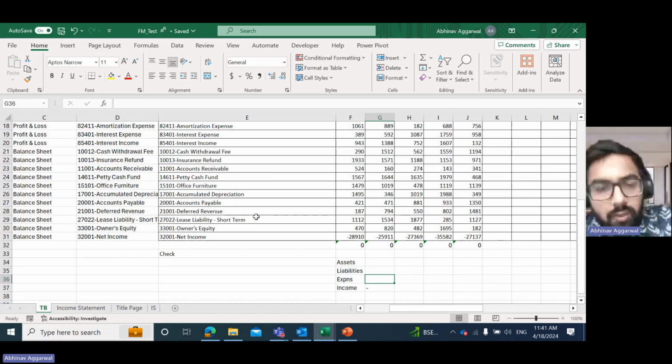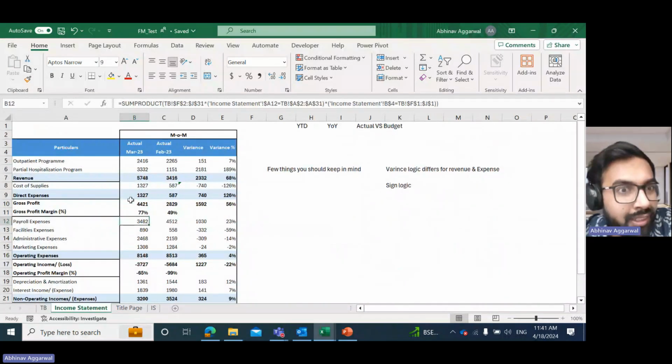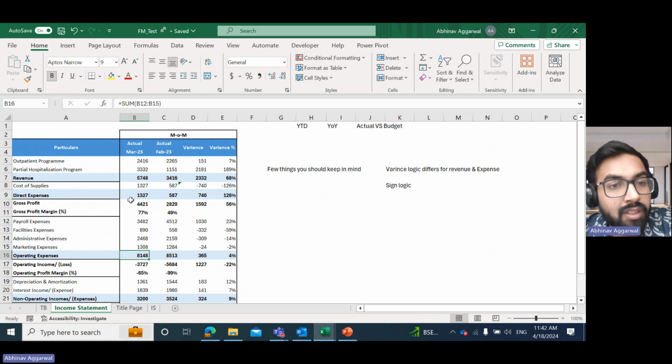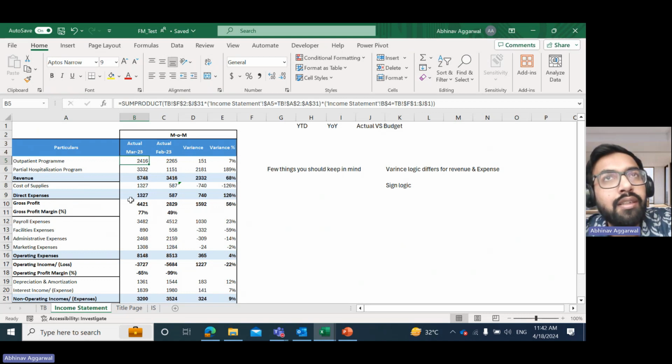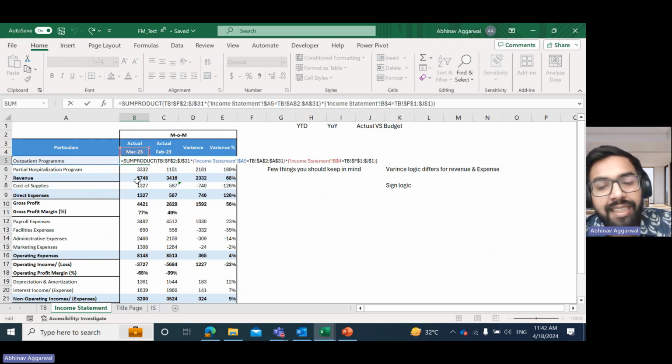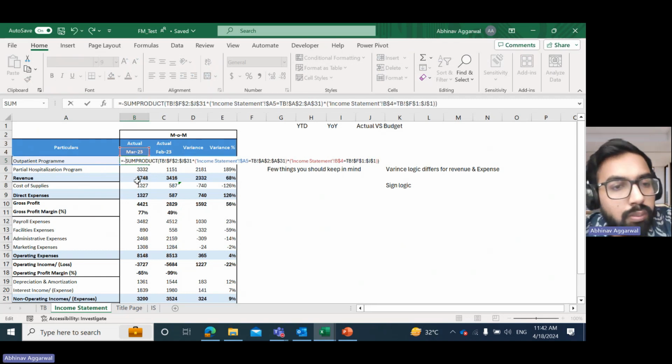So when you are linking your income statement to the trial balance, you have to keep this in mind, because whenever you are preparing a face, you will always show positive numbers on the face. If you show expenses or revenues in negative as per the trial balance, it will look really odd and will not look user friendly. Since revenue or income line items in the trial balance will be negative, while you create your sum product or any alternate formula, you will have to negate this sign logic. For that, you will have to use minus of sum product. And if you use minus of sum product,